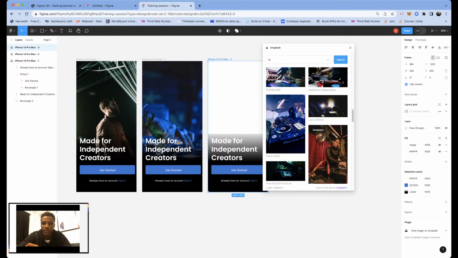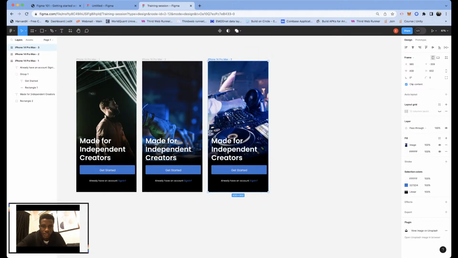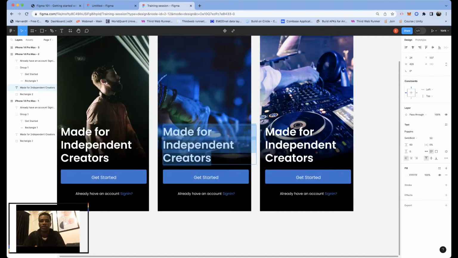Yeah, so that's perfect. So now we might decide to change the text, so we can see when we start prototyping the design, we can see the different feelings that we can get. So let me just change this to